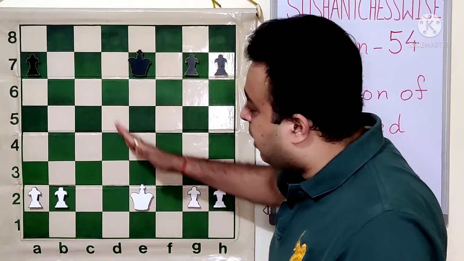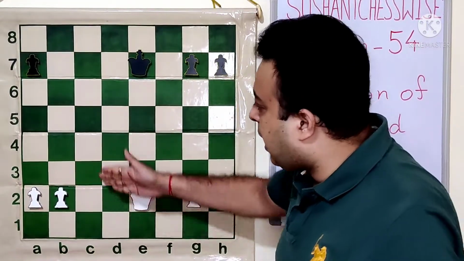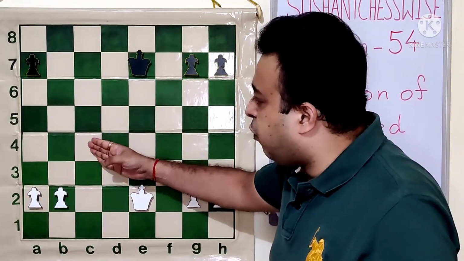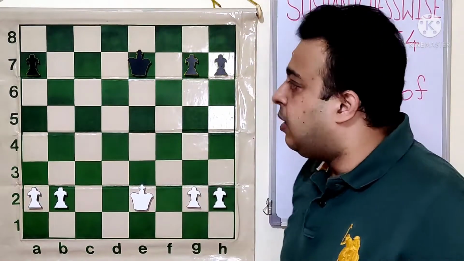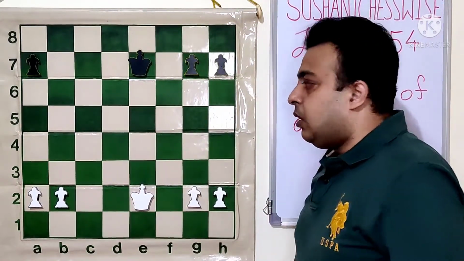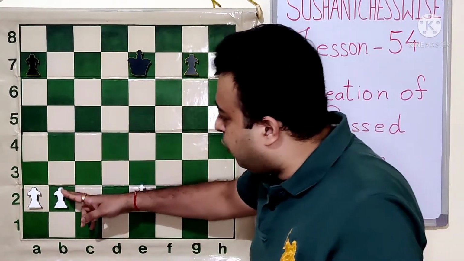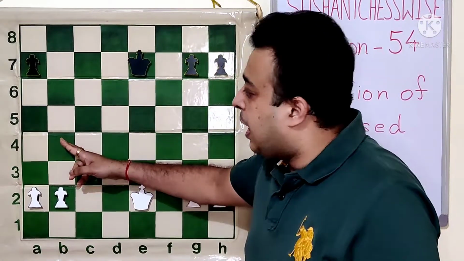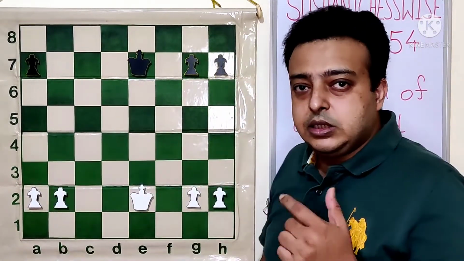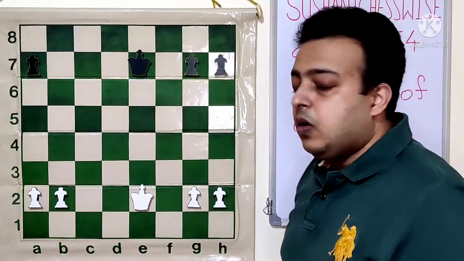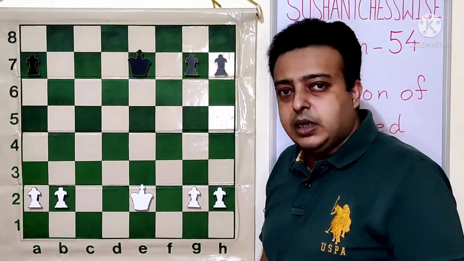So the king will come next to it, as high as possible, maybe the 4th rank, 5th rank, 6th rank. That much it will try to go. The second step will be to push the extra pawn first and then push the neighboring pawn. This is another very important technique. And then I will tell you the remaining steps later on.